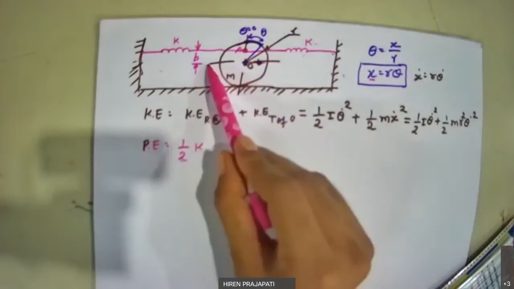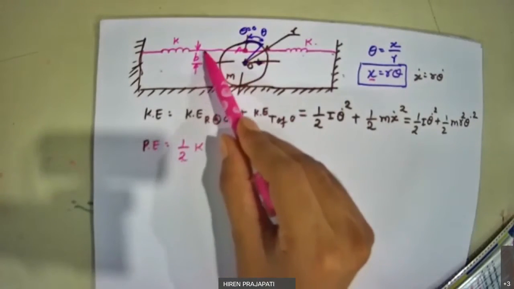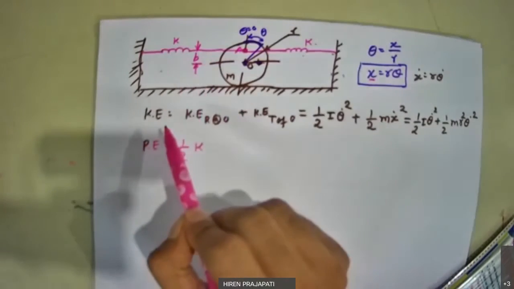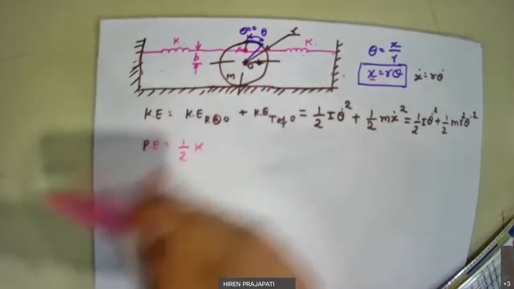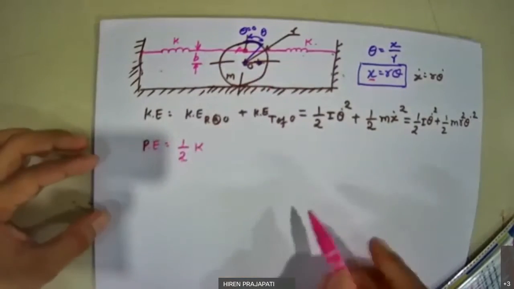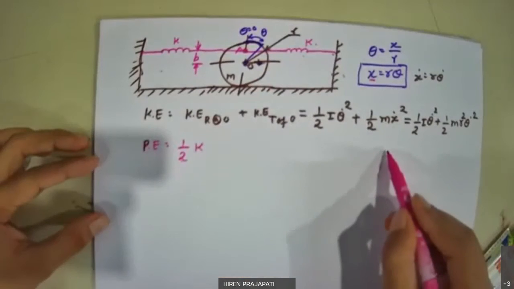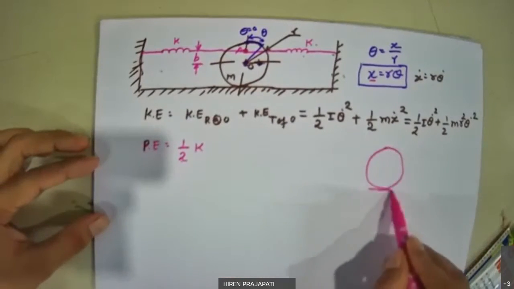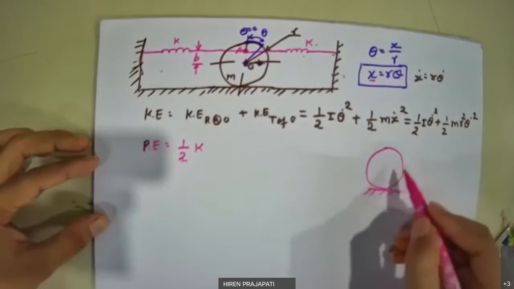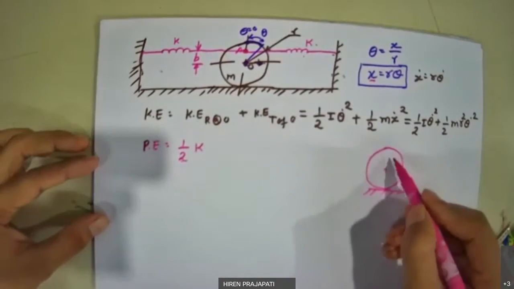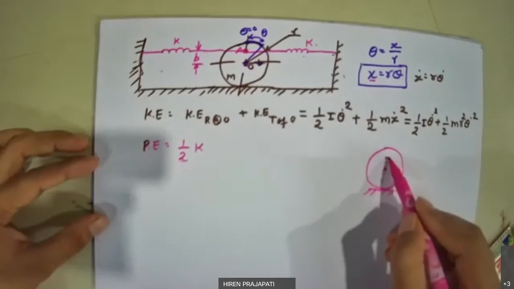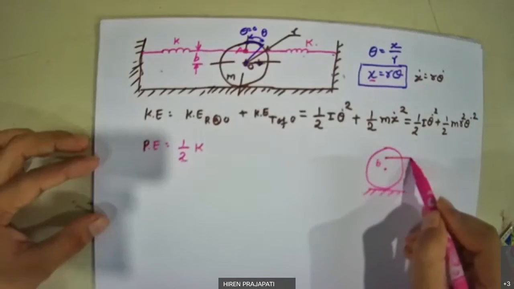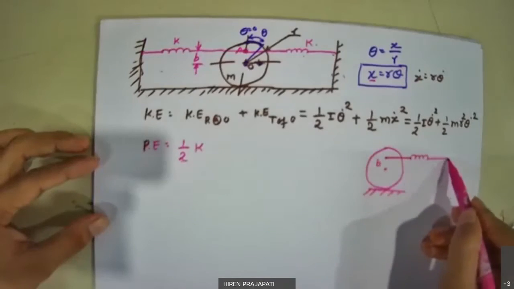Because the spring has been given some eccentricity. This b is the eccentricity. Now what is happening here? If I represent it with another small system, look here. This is the disk. Now this is the center point. Instead of the center point, the spring is connected at height b,